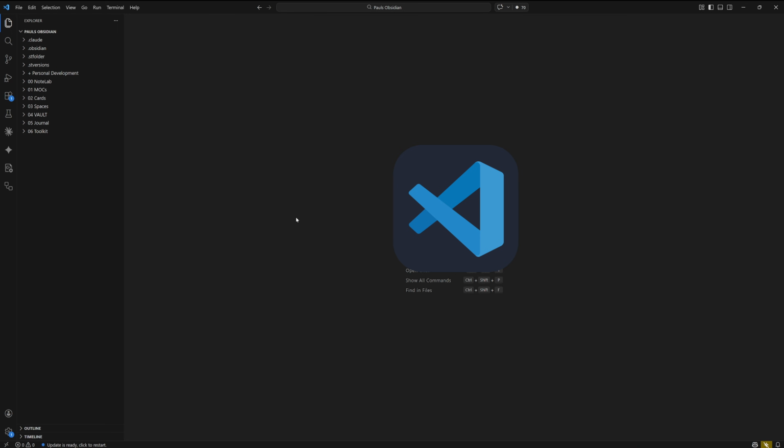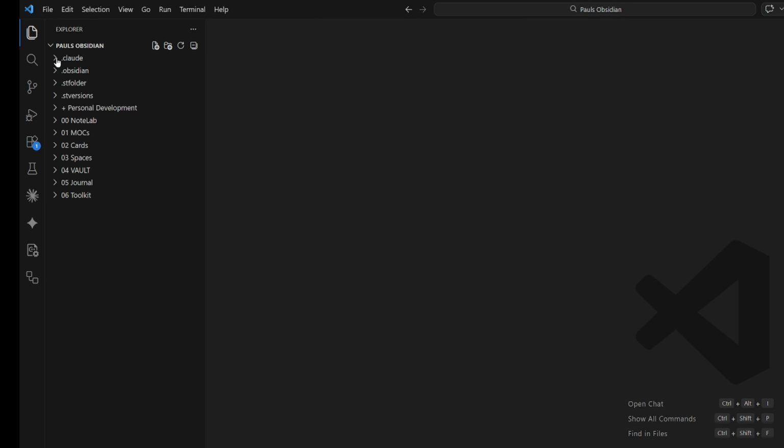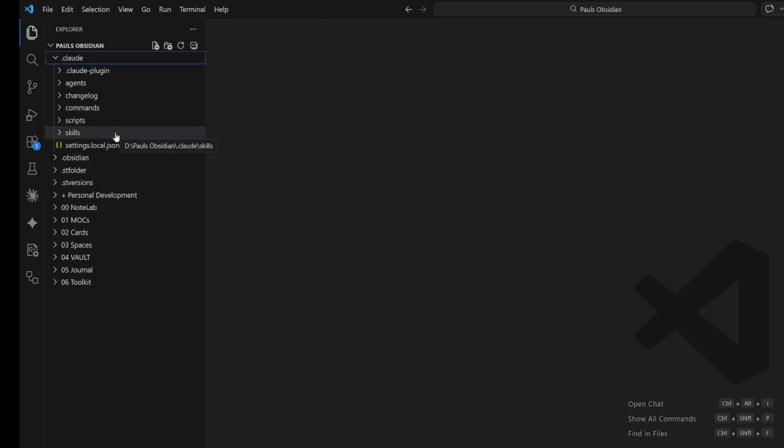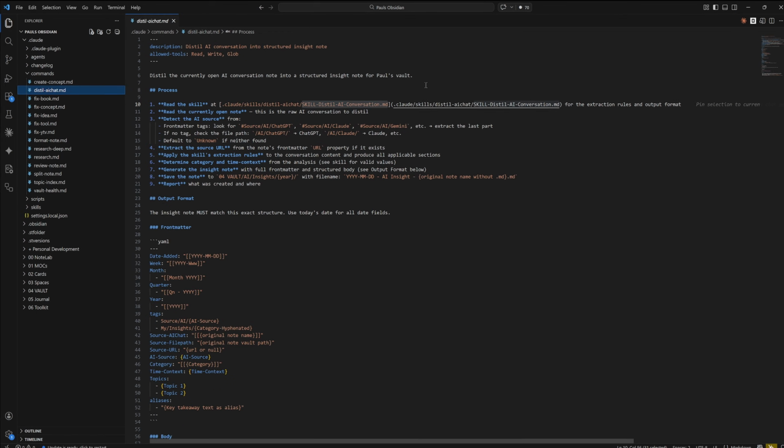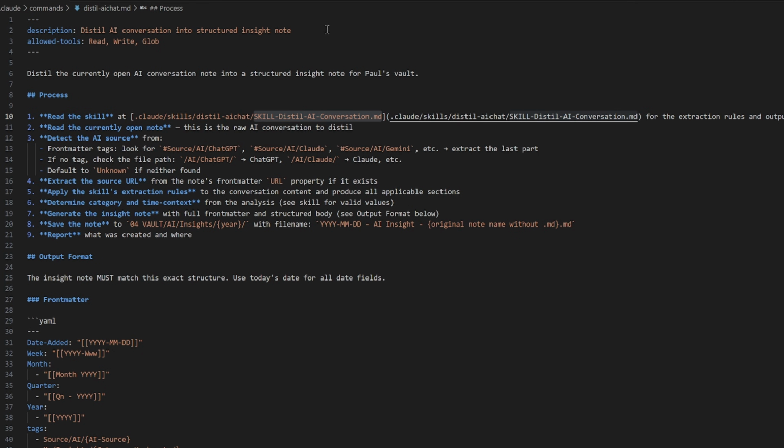Here I am inside of VS Code, and I've currently got my Vault open as a folder. Up the top, I've got a .claude folder, and inside the .claude folder, I've got my commands and skills. If we expand the commands folder, you can see I have my distil AI chat command. So if we open that, you can see that I've got a description up the top with the allowed tools. Then we've got the